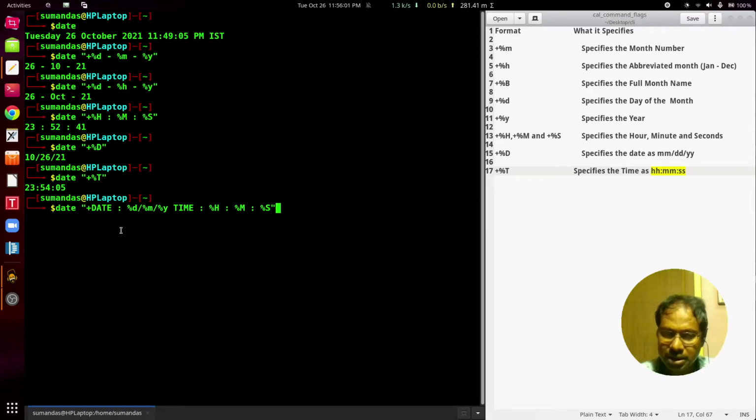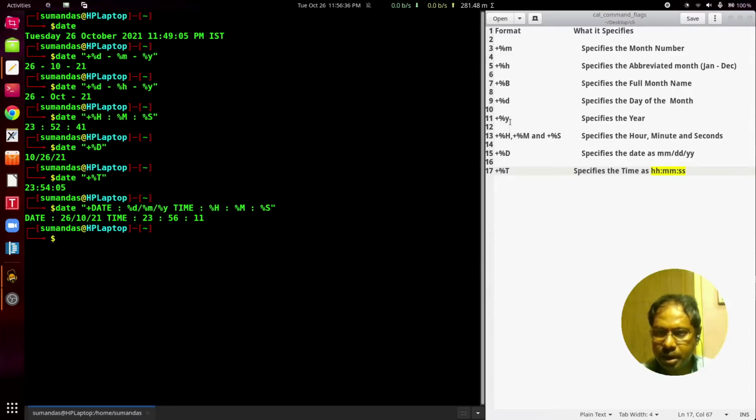So here what is extra? Now I have written that date and also that time. So press enter. So here we can see the output is as we desired. Now very small examples of formats are given here. There are so many formats we can use also using the manual from the date command.